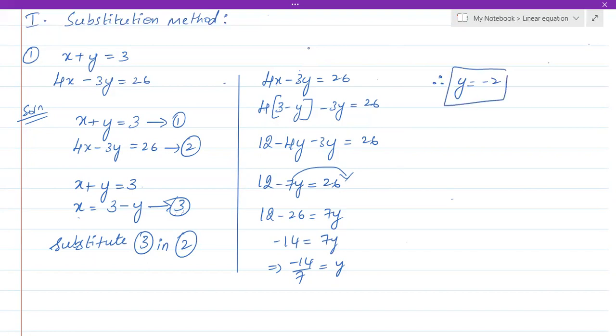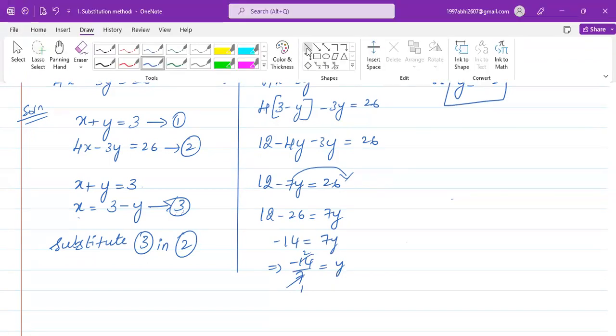Minus 14 by 7. 7 ones are 7, 7 twos are 14. Therefore, the value of y is minus 2. So you got the value of y. As soon as you get the value of y,